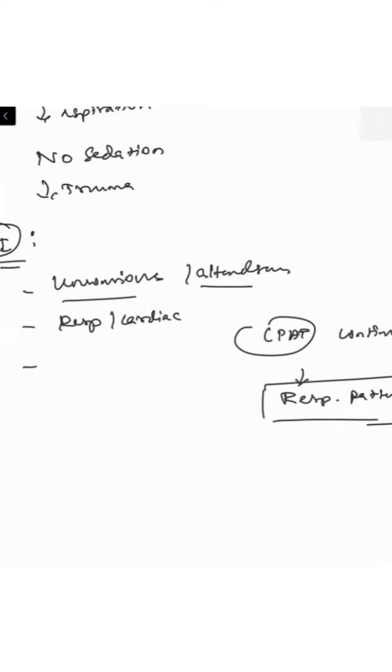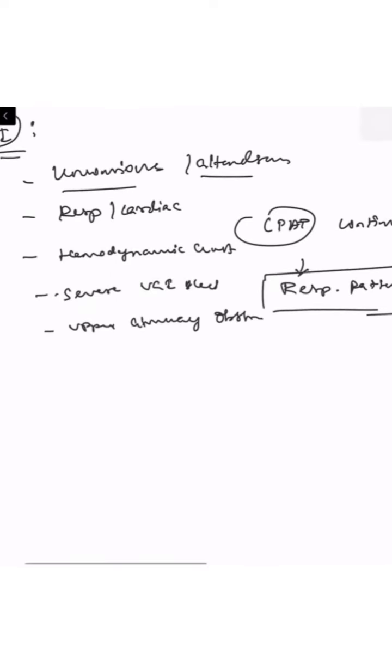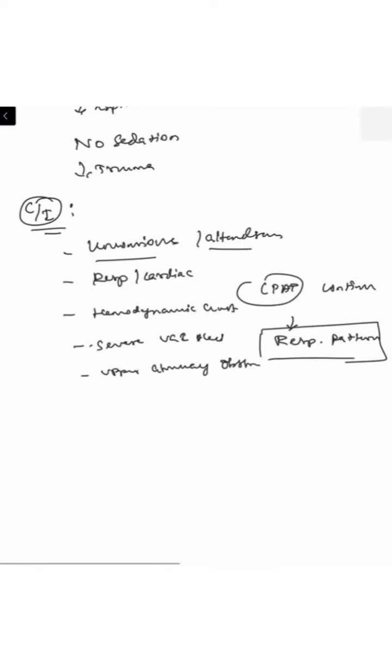And in patients with respiratory or cardiac compromise or hemodynamically unstable patients, you cannot start the patient with the CPAP. And it is contraindicated in severe upper GI bleed and any upper airway obstruction, because the pressure has to reach through the airway. When there is a large foreign body aspiration or foreign body obstruction present in the airway, you cannot prefer these patients. So all these patients, you need to go for mechanical ventilation.